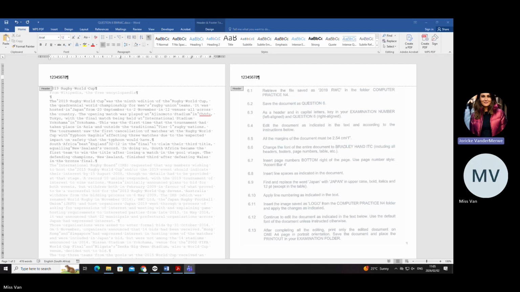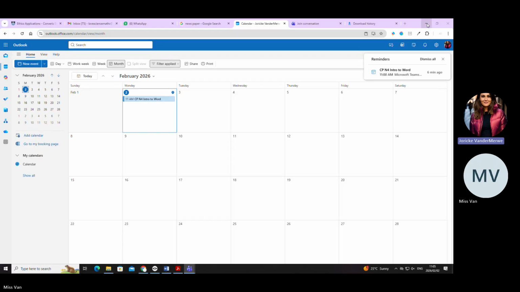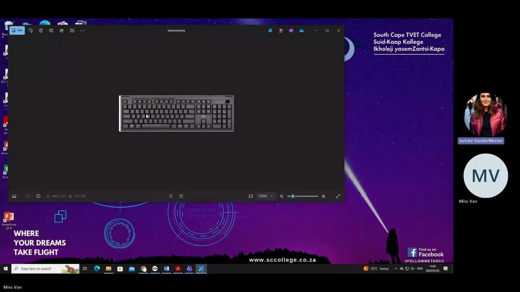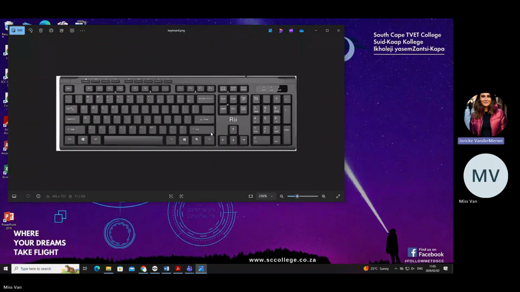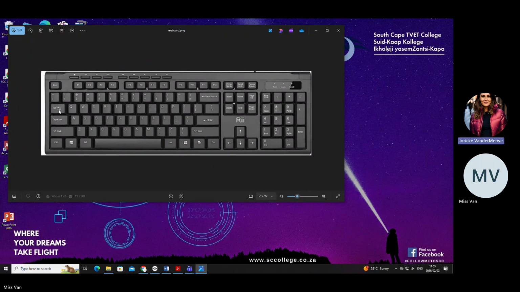Do you see the escape on your screen? Let me quickly show you a picture of a keyboard. Can you see the tab key here? Let me make it a little bit bigger. That is the tab key. Can you see it on your own screen as well?